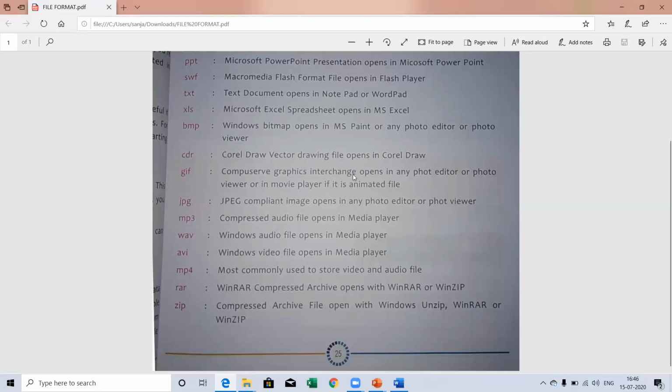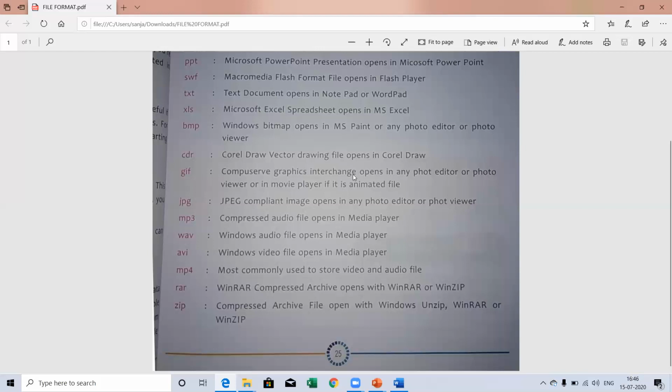Next is RAR. This is used when we compress our file. In that case it will be saved, or can be opened, with WinRAR or WinZip. I think you have all heard about it. So we can save our file with the .rar extension.